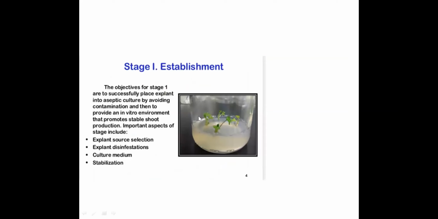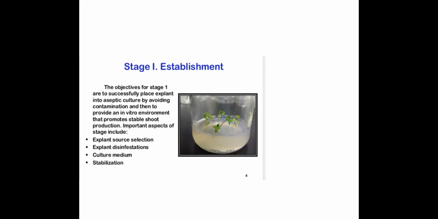So when you see establishment, it is very important that you collect the explant from a very good plant. That includes explant source collection, selection, explant disinfestation, which means surface sterilization. Infesting means contamination.